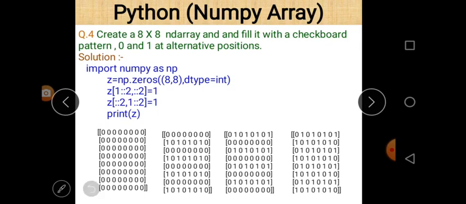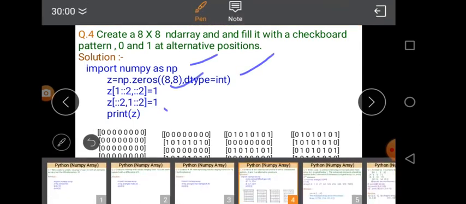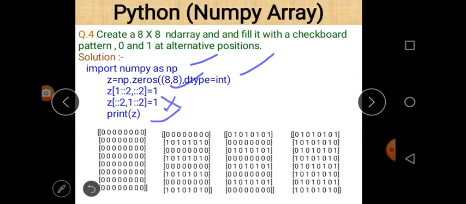But if we take the third line and the second line, the fourth line is not part of the program, let us consider, then the output looks like this. And what is the meaning of this? Line number 3 says that there is an assignment of values. The first part assigns values row wise, and the second part after the comma assigns values column wise. So the value assigned here is 1.